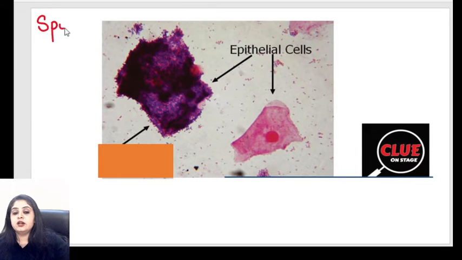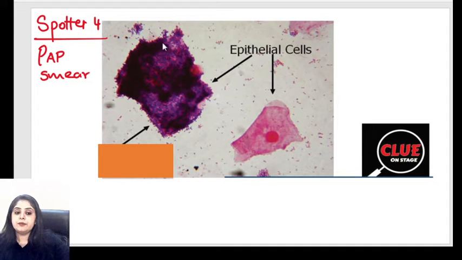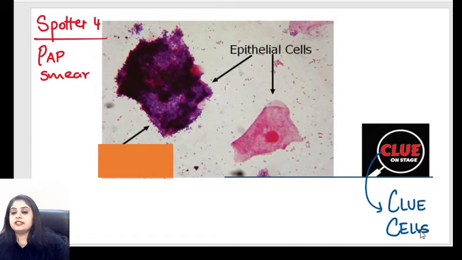So even without having read it or being able to see and identify, even with this much you could have. So this was actually a pap smear taken from a 30-year-old female. And what is this pap smear showing me? Number 1, it shows you a cell here, and number 2, a cell over here, and they've given you something. There's a clue on the stage. So basically this tells me that yes, I'm dealing with something known as clue cells, and my theory tells me